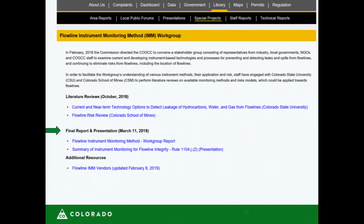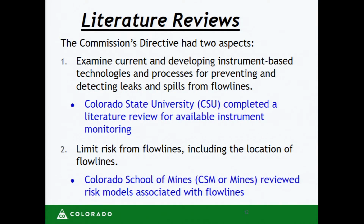But one of the big things we wanted to do is create a background so that the work group had a background. What are the instruments that are available? They also asked us to take a look at the risk. What's the risk around these flow lines, and is there a way to model that risk? So we reached out to the academic institutions. Colorado State, you heard about their METEC site, where they've done a lot of testing on equipment. They hadn't done a lot of testing on buried pipelines, but